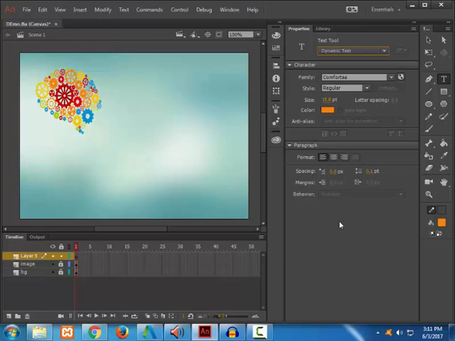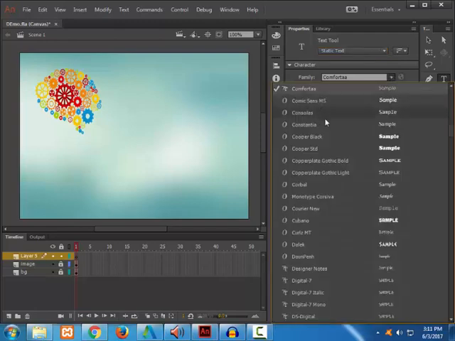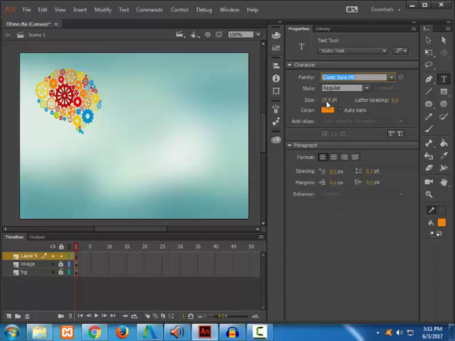So I am going to select a static text because it is simple to work with. For a font family, I am going to use Comic Sans MS. Style will be regular itself and the size will be about 45. Let me change the color. I'm going to use the color which is on the stage,